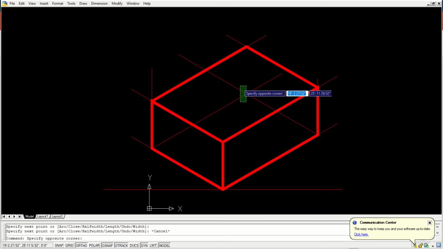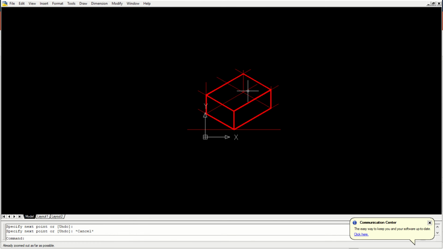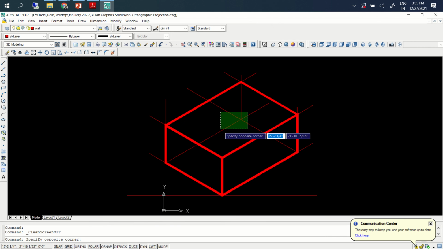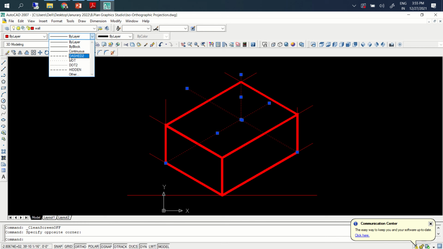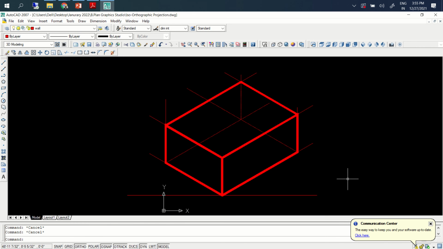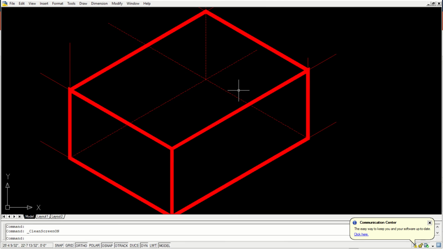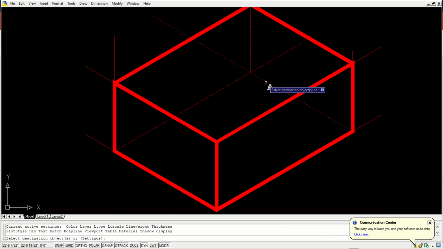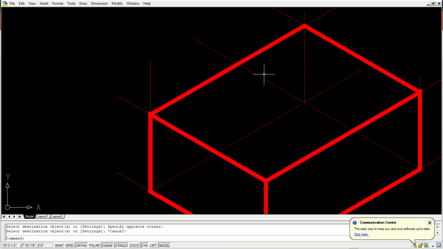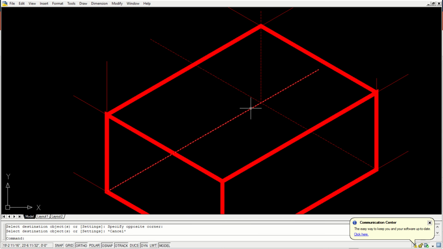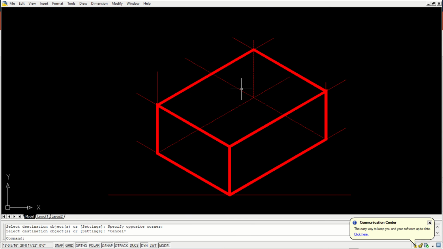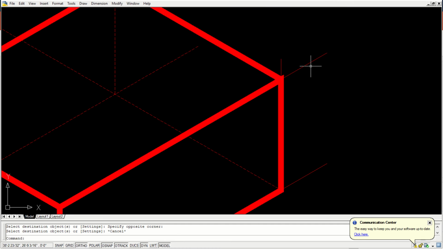All other lines, even this line you can draw. All other lines have to be hidden lines. I'm just putting it here. Whatever you see through the 3D should be hidden line, otherwise it can be continuous construction line thickness.